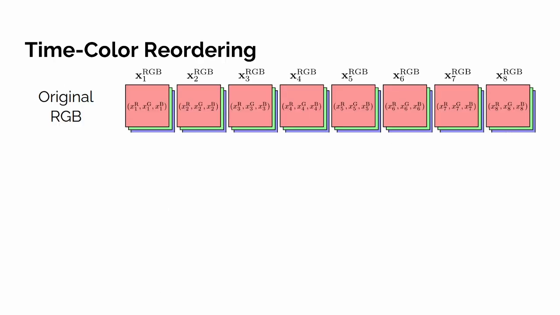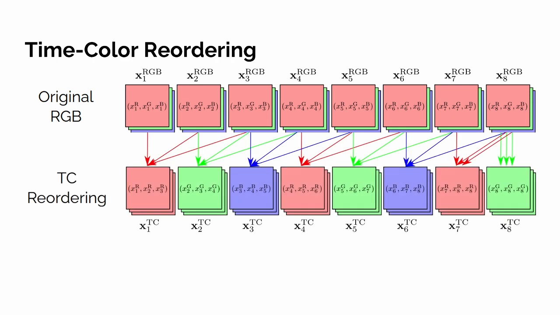Let me start introducing our methods. In this example, we have an 8-frame model that takes 8 images as an input. We first need to sample 8 frames from the video. The baseline RGB representation of the 8 image frames looks something like this. In our time color reordering method, we reorder the frames and the color channels to look something like this. Notice that each frame in this representation contains 3 time frames of information. As an exception, the last 2 representations have duplicates of the last frame because we didn't have access to the